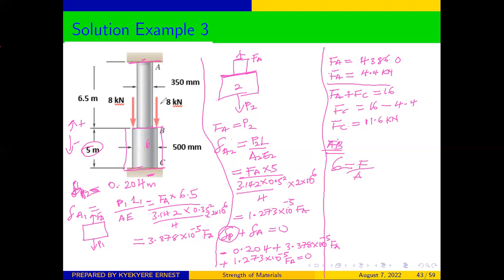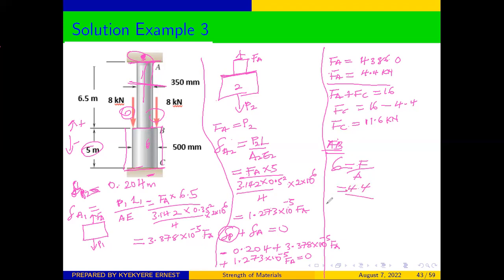our force there is our force from A to B, because when you are moving from A to B, the force there is only as a result of the reaction FA, because from A, as you are moving, you have not encountered these two forces. So they are not affecting the stress in AB. It's only affected by the reaction at the support A. So we can see that the stress will be equal to F over A, and our F will be the reaction at the support A. So the force there is 4.4